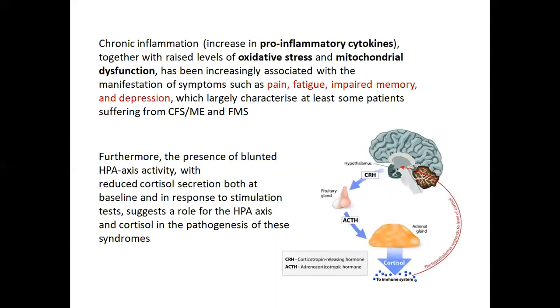We know that obviously the HPA axis is involved in regulating our stress response, and we know that chronic exposure to stressful experiences can predispose us to certain conditions, fibromyalgia being one of those. We also know that fibromyalgia individuals tend to have a blunted HPA axis activity with reduced cortisol. And if we look at